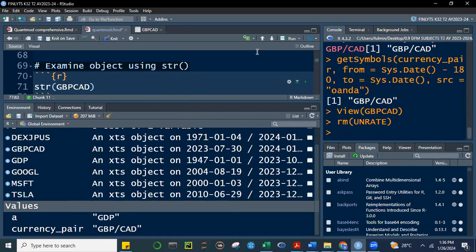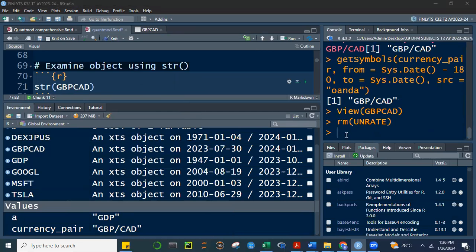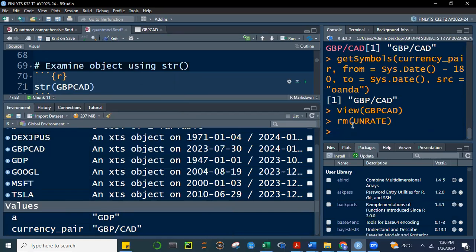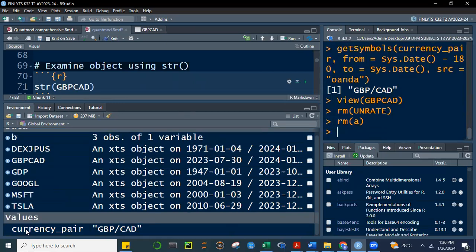Okay, and I will let you explore what will be the RM function. Pwedeng RM kasi, class, no? Tapos lahat i-delete nyo. Kunyari, if I remove A, RM A lang yon, no? And enter, notice na nawala na si A. Whether it's a data or values, you can remove it. Okay, pwede rin namang C, no? Concatenate natin yung mga tatanggalin nyo that you're going to remove. But there's a function